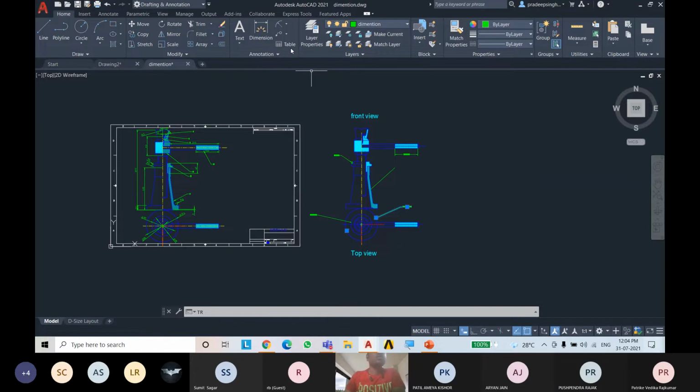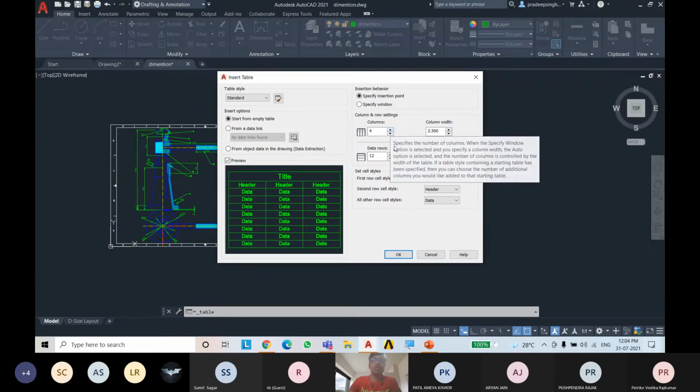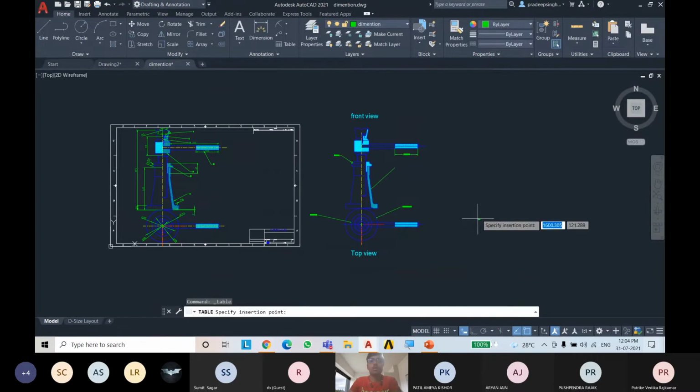Now, you can also use this table command to draw a table by specifying the columns and rows, and you can change this anytime, and just click OK and select a point.